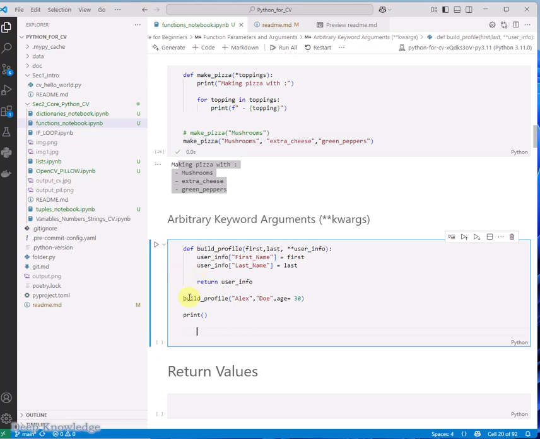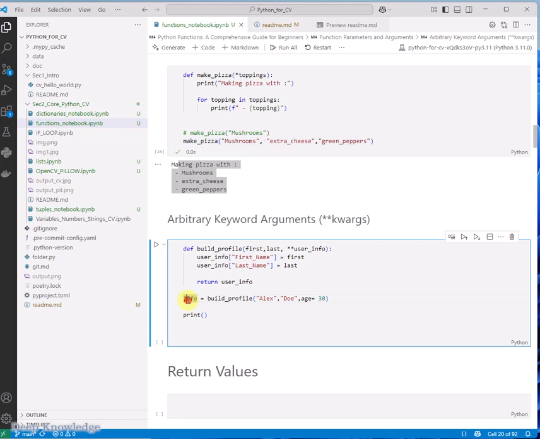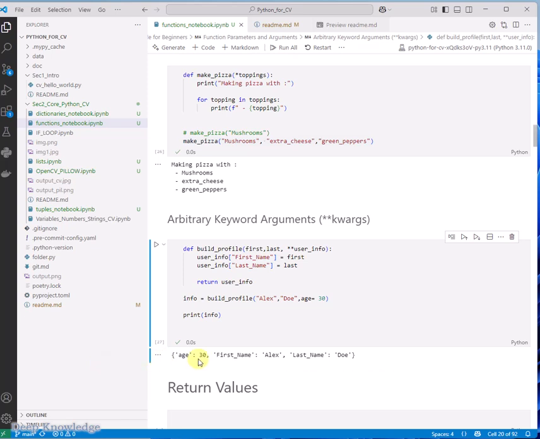Because it's returning a value, we have to use info. We will discuss return values, but sorry for this, it's my mistake. Now we have printing, and you can see here age is 30, first name and last name, because